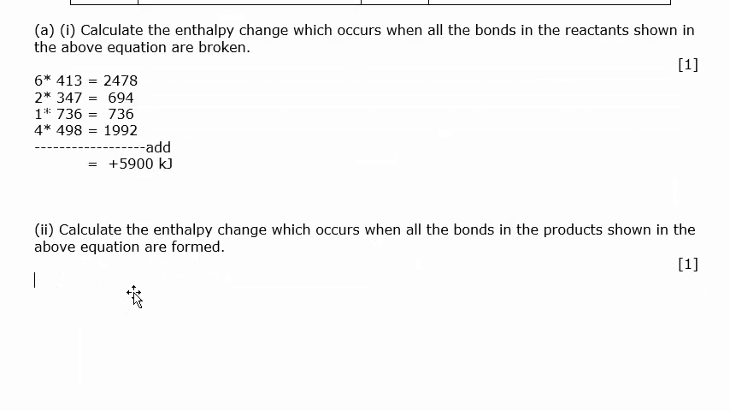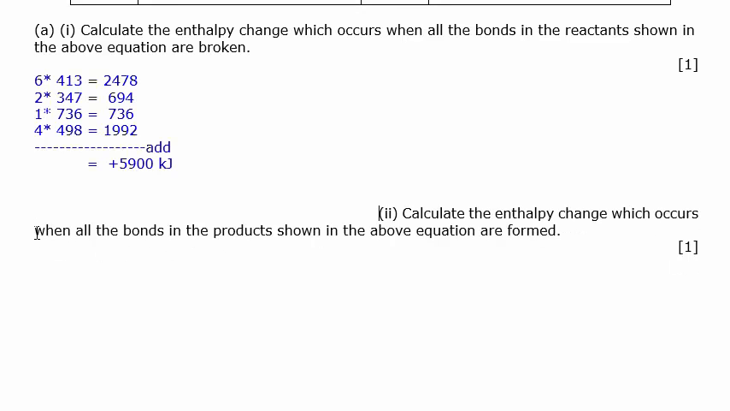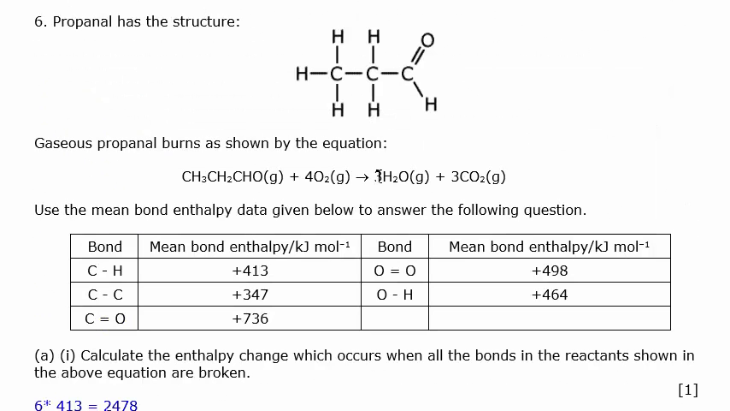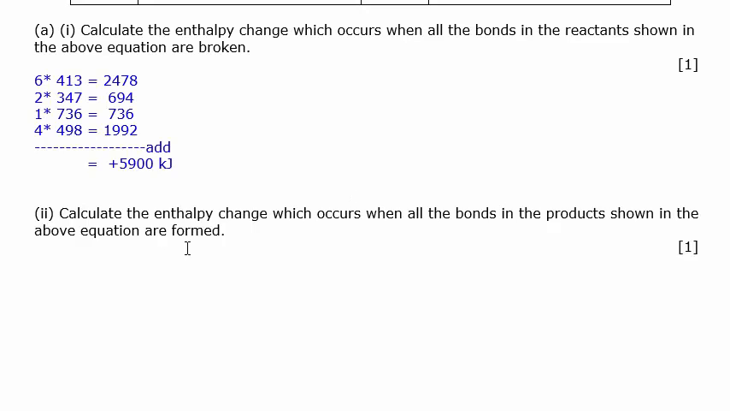Now we'll do exactly the same. So let's just make it blue, so it's obviously the answer. Let's take the next part of the question. All the bonds formed here are formed. Well, 3 H2O's have got 6 OH bonds. 3 CO2's got 6 C=O bonds. That's easy. So it's 6